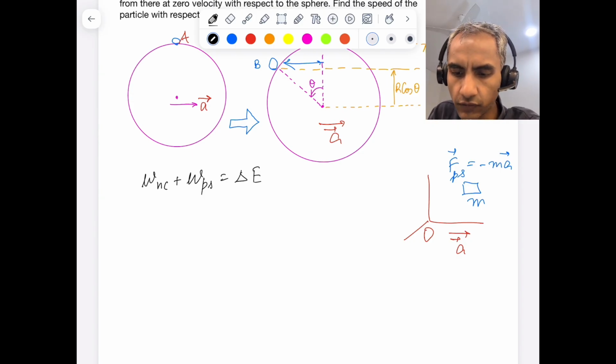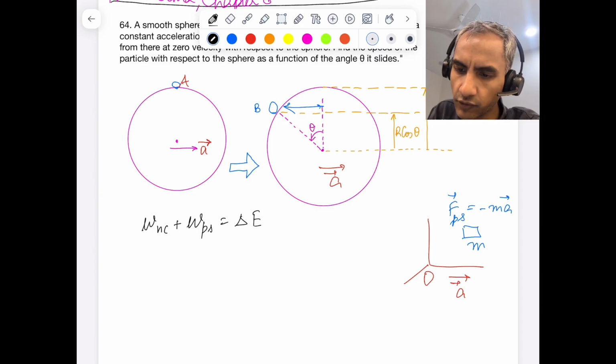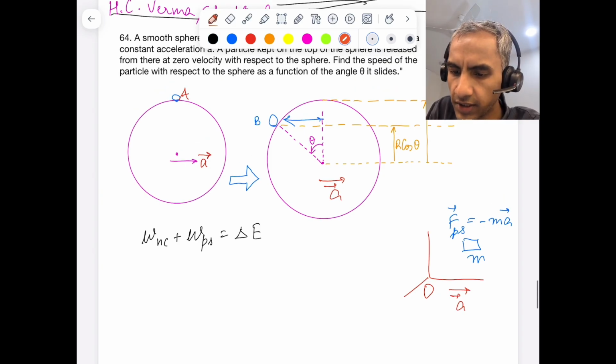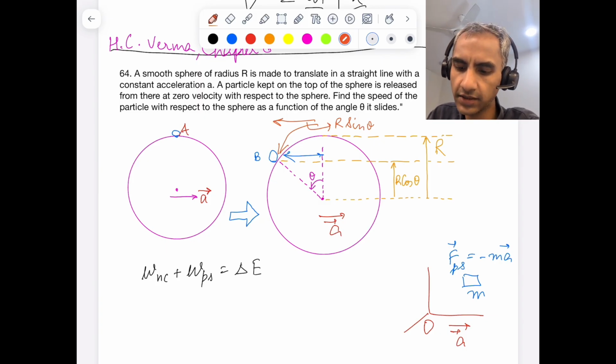But for the work of the pseudo force itself, how much distance has this thing moved, right? So if you see, the particle has moved this distance. In the direction of the pseudo force, that is this direction, the particle has moved up the value of r sine theta, right? So therefore, the work by the pseudo force in the direction that the pseudo force acts is